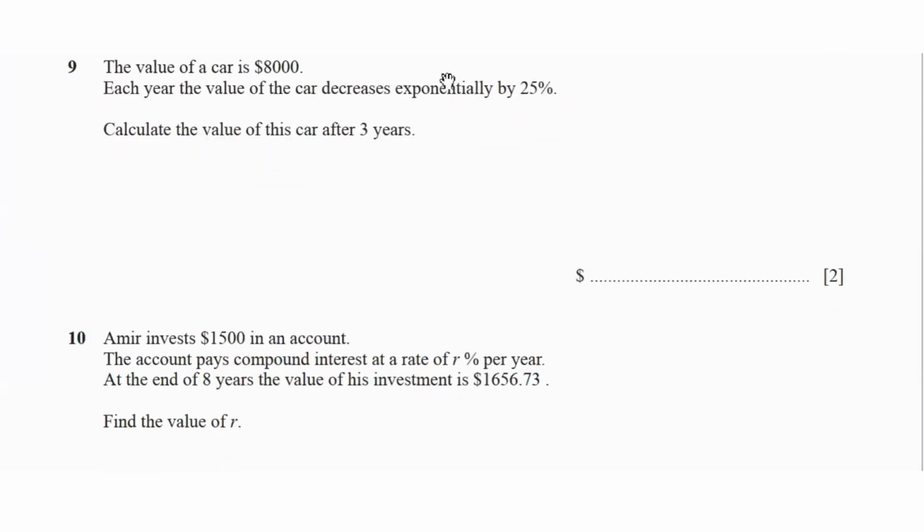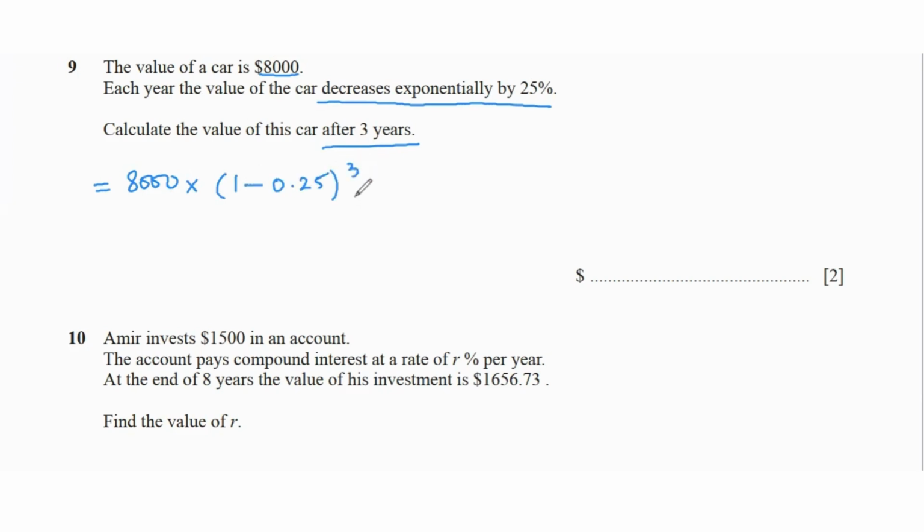Question 9 says the value of a car is $8,000. Each year, the value of the car decreases exponentially by 25%. Calculate the value of this car after 3 years. So the value is 8,000 initially. It decreases exponentially by 25% every year for 3 years. So we're going to do 8,000, which is the value of the car, times 1 minus 0.25 to the power